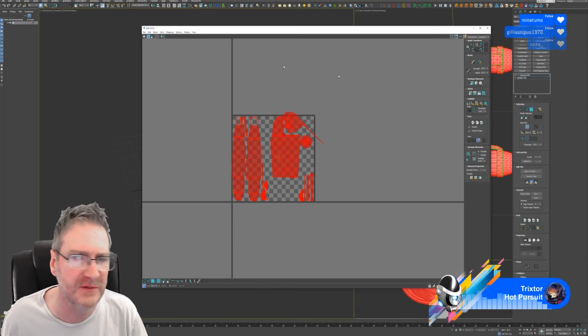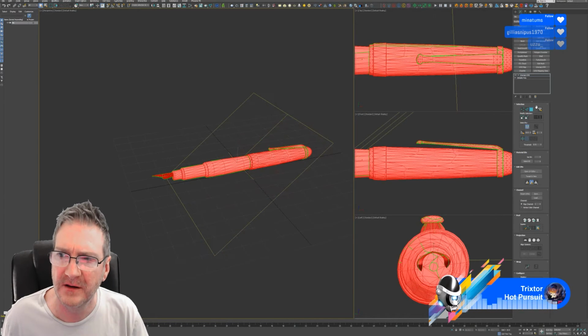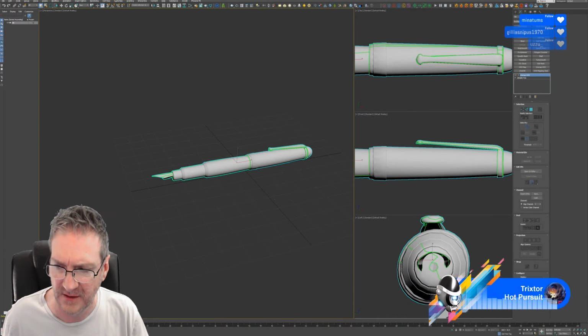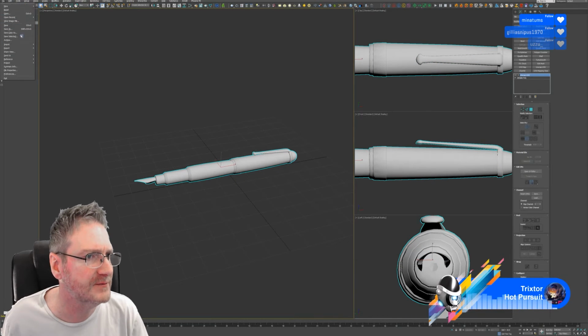We're going to repack it again, not using this pack tool over here in Max, but the one under the tools menu. We're going to make sure that rotate and fill holes is turned off. We can actually turn fill holes on, but we want rotate turned off. Okay. Now we just need to re-export the model again.